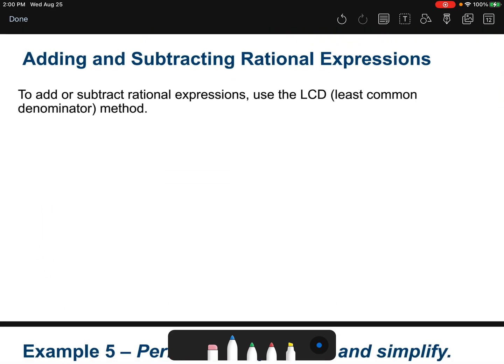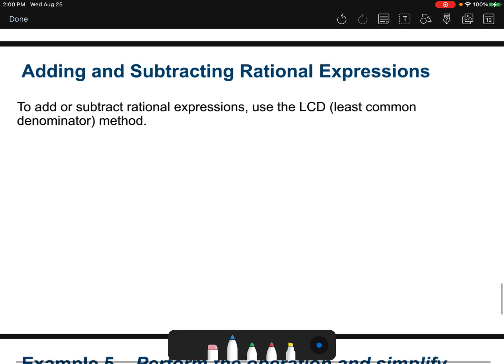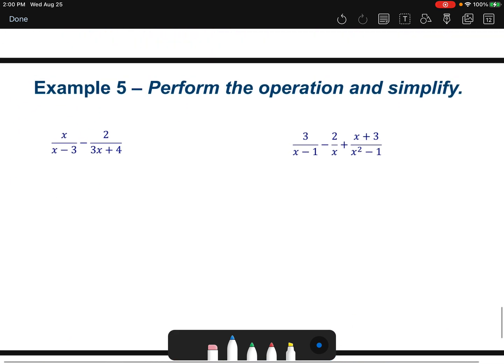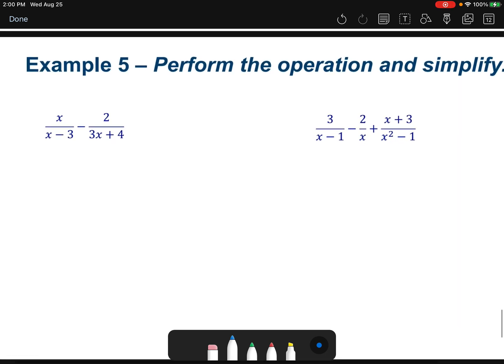Okay. Adding and subtracting rational expressions using the least common denominator method. Okay. Well, that is also something that we're going to have a skill using. You'll notice that we have different denominators. If there's nothing in common, like I can't factor this or this, then you simply just cross multiply it. So I have to multiply